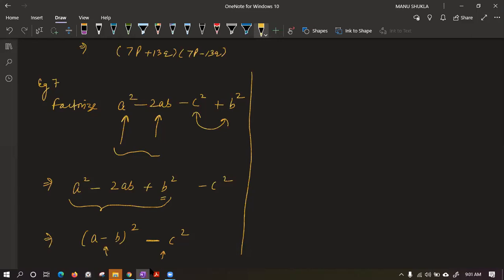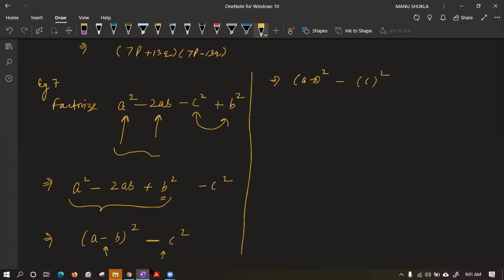I have told you, if the question has the variables that are in your formula, then you should write the formula in different variables to make it less confusing. Please try. Abhinav, others, please try. Those who are not answering, we can write this as a minus b square minus c square.